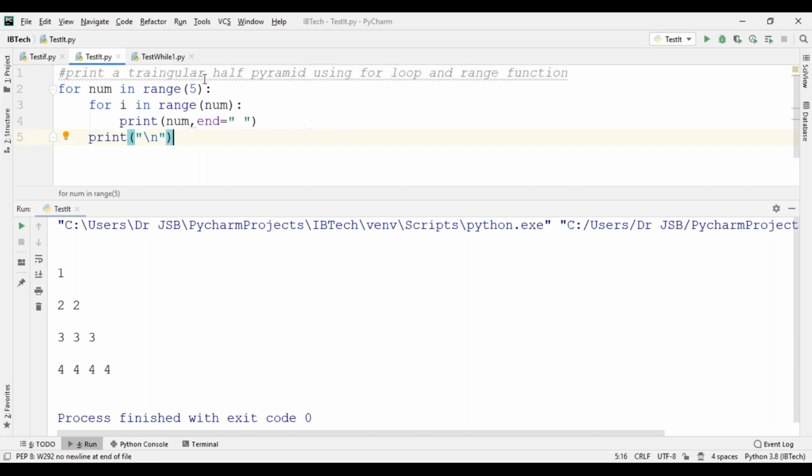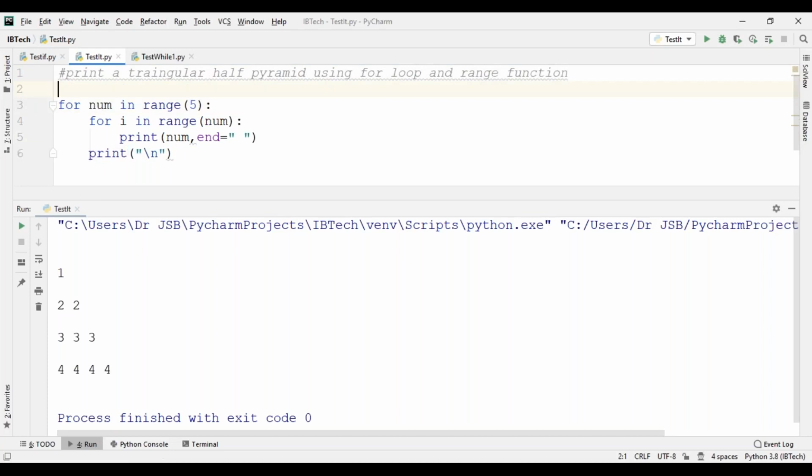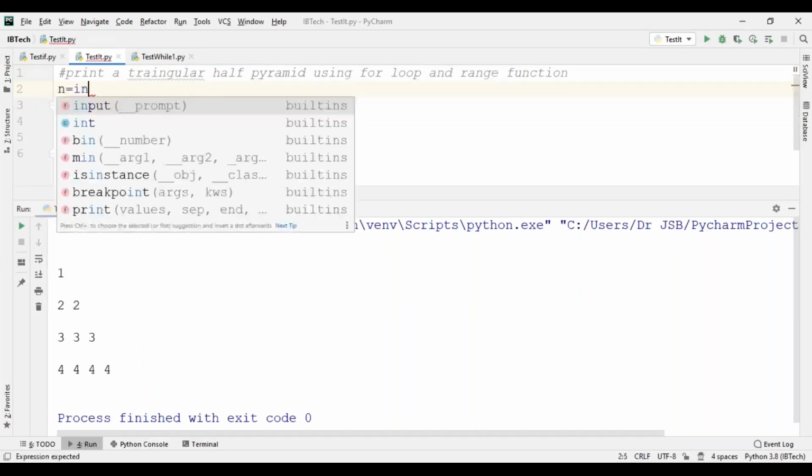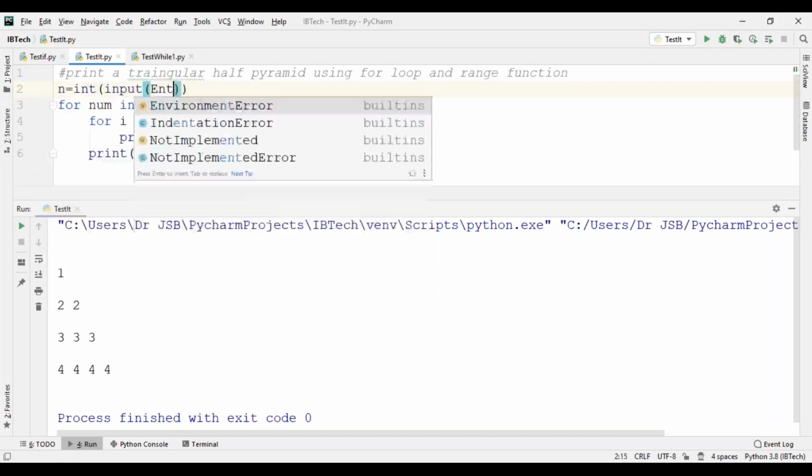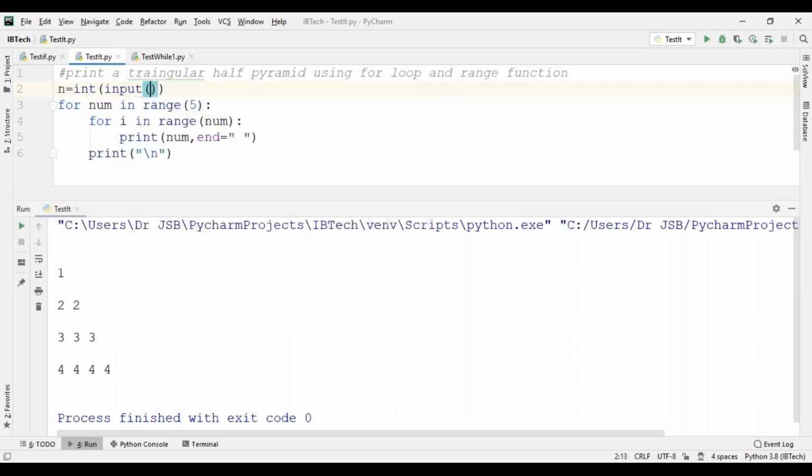See now. So the value you can take from the keyboard, you can say n is equals to int of input of enter a number, enter a last number, enter a range of n.